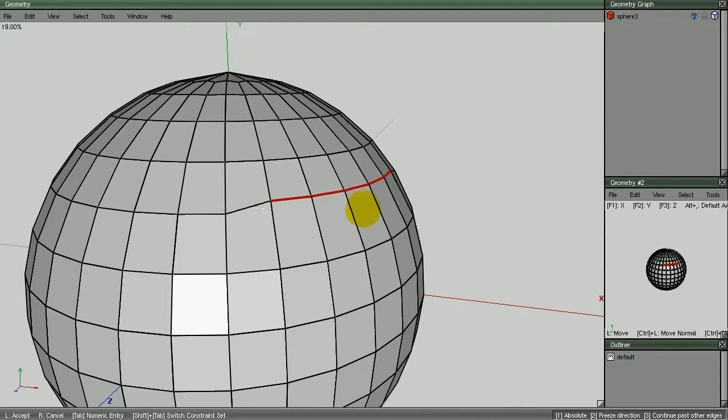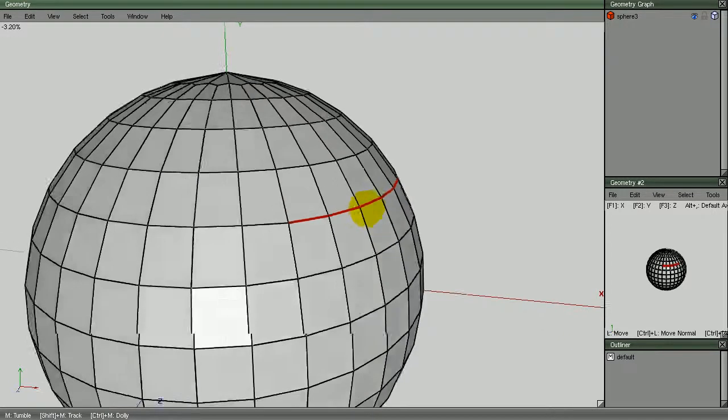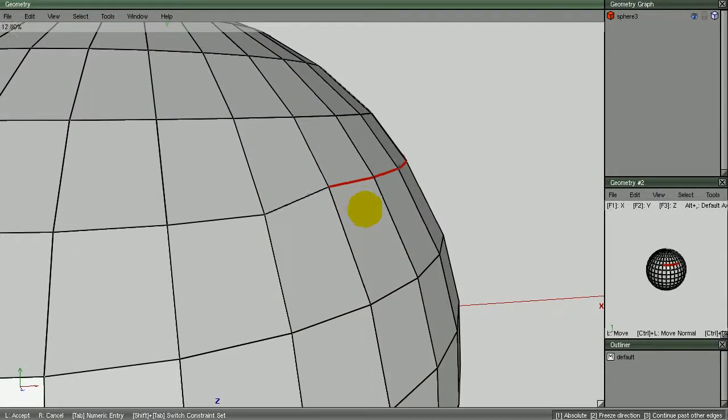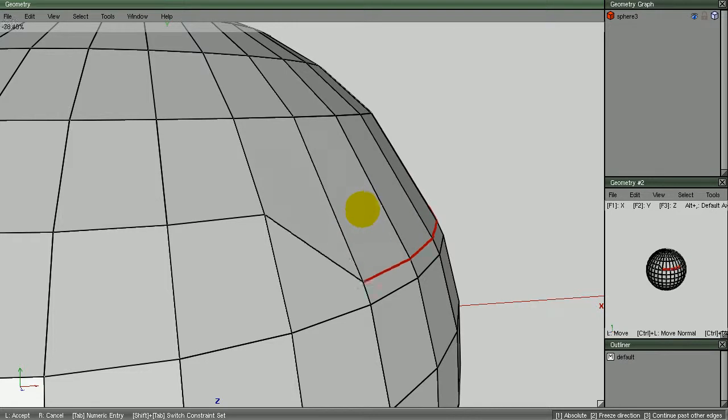Now, the next toggle is the number 2 key, which is the freeze direction and thaw direction. So what is that all about? Well, if we get in and look a little closer here on the profile, it's kind of a subtle thing, but it's an important one. With the direction thawed, basically the vertical edges that this edge is sliding along are your angles of direction. This is the direction that it's sliding in. And with the thaw on, you'll notice that it slides smoothly from one to the other bordering edge loop